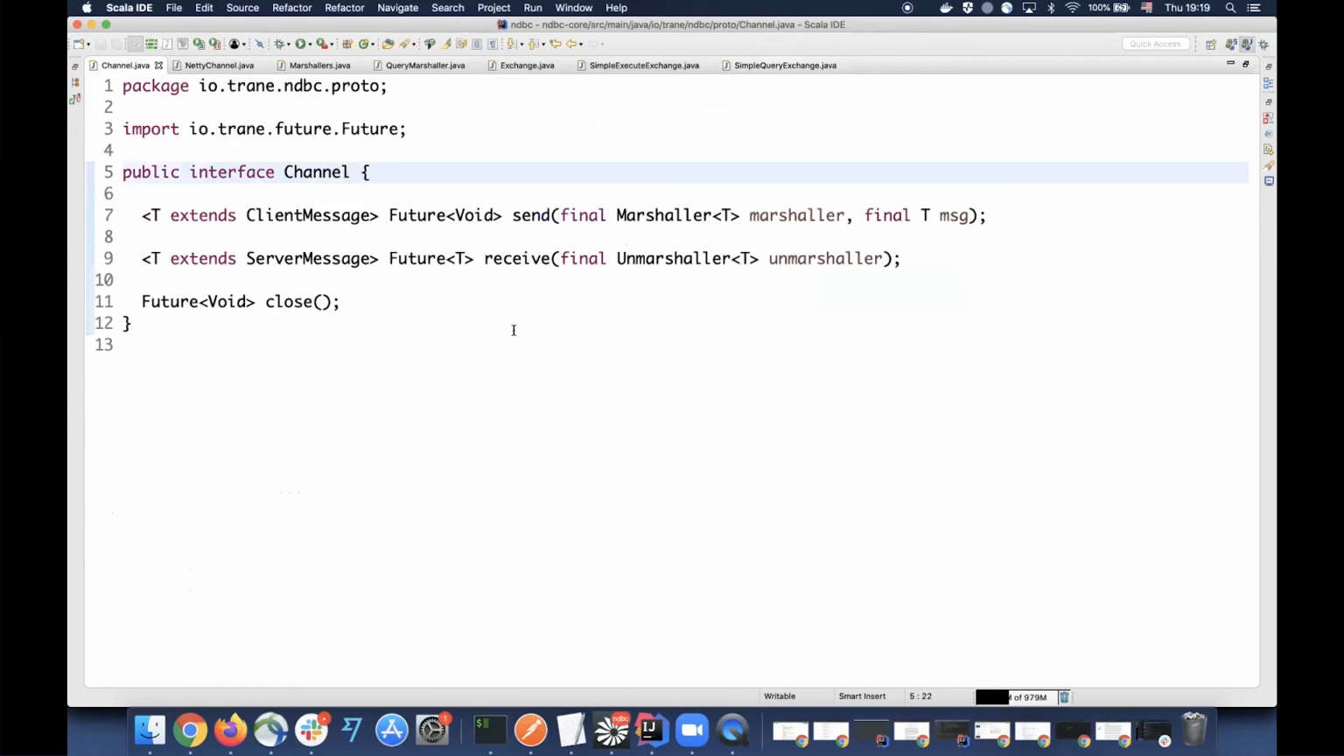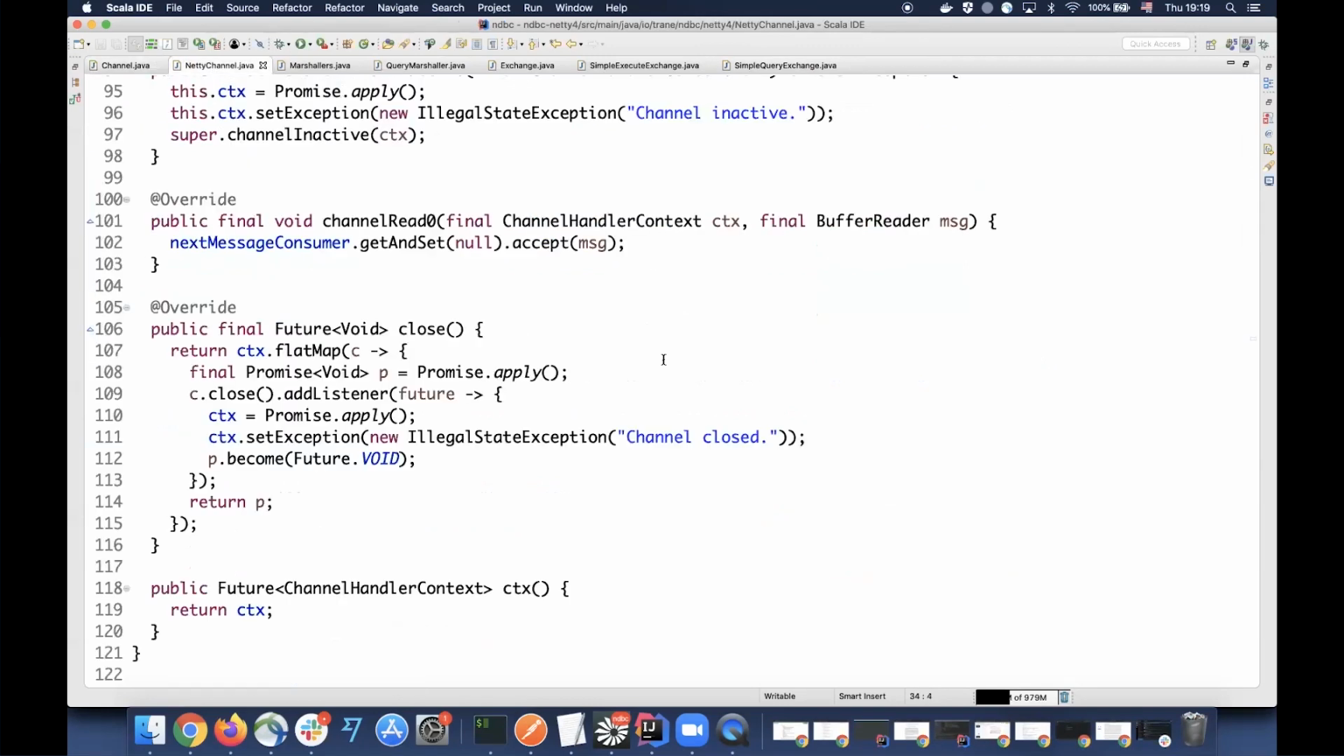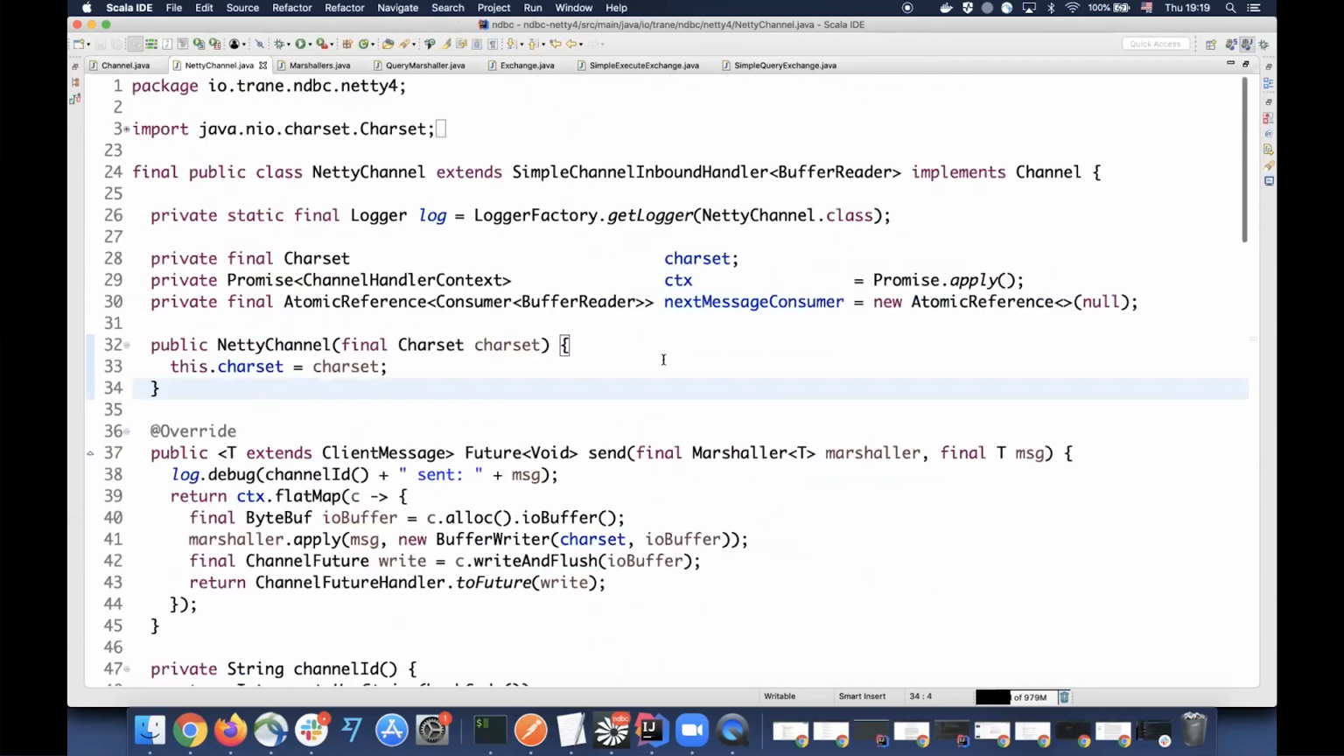And this one is an interesting one. That's the one that defines how you talk to the server, saying that, okay, you can send a message with a marshaller, the one that interprets the message, and you receive back a message with someone that will interpret the message as well, right? It is done via Netty channel,